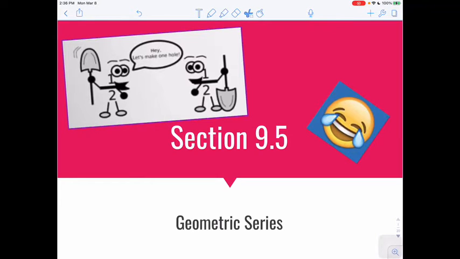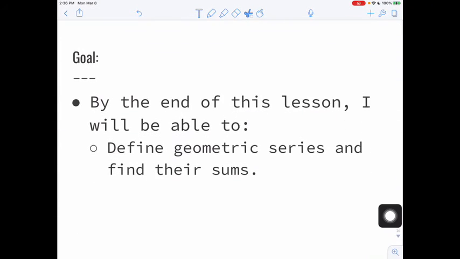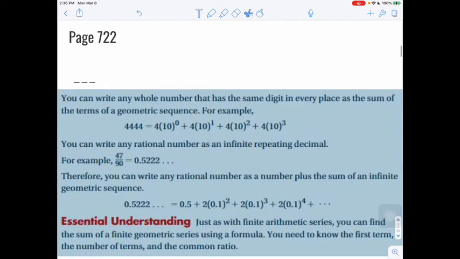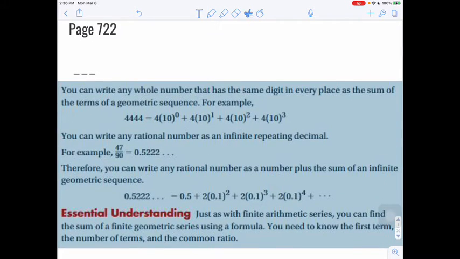Section 9.5 is geometric series. Our goal is to define geometric series and find their sums. On page 722, we have: you can write any whole number that has the same digit in every place as the sum of the terms of a geometric sequence. For example,